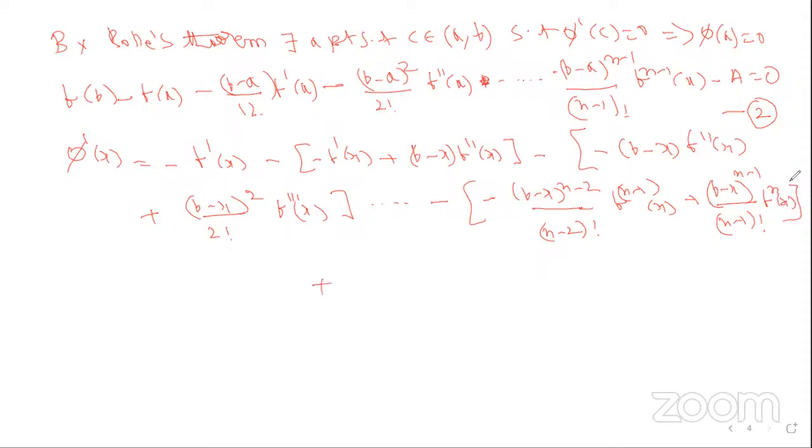Plus Ap divided by (b minus a) whole power p, into (b minus x) whole power p minus 1. This is p minus 1. The second term of each bracket cancels with the first term successively. So on simplification, we obtain